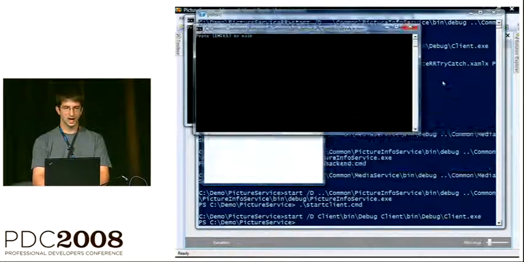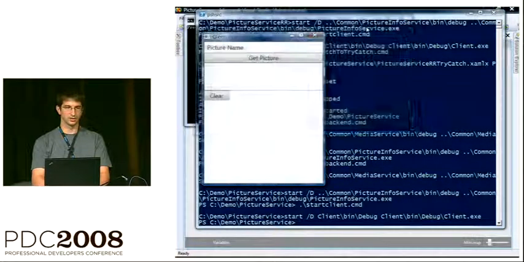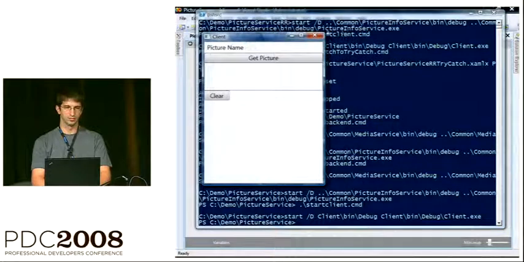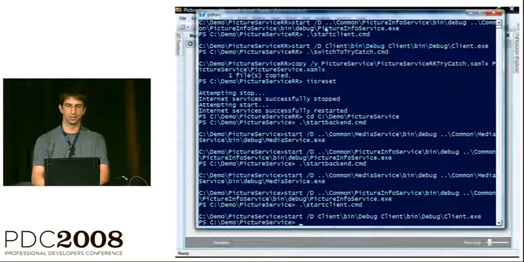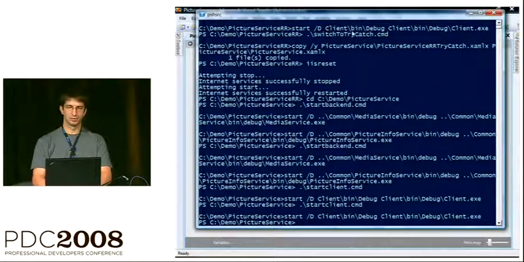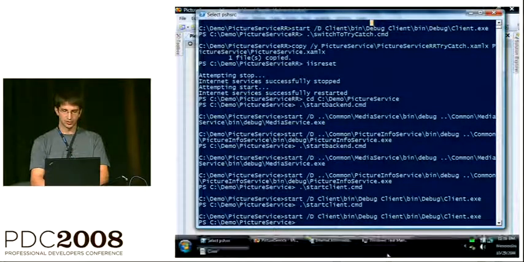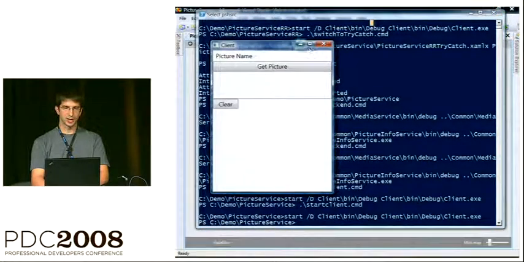So instead of that, let's actually kill our back-end services. And let's start up our client and send a request. Nothing's happening. We shut down our client. Let's start up our client again. And then we can maybe start up those back-end services and see what happens.